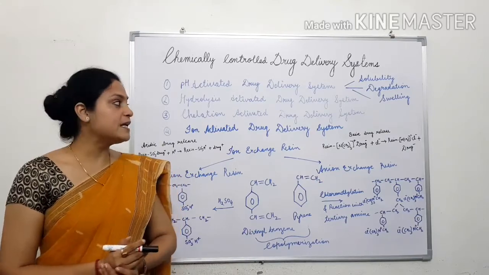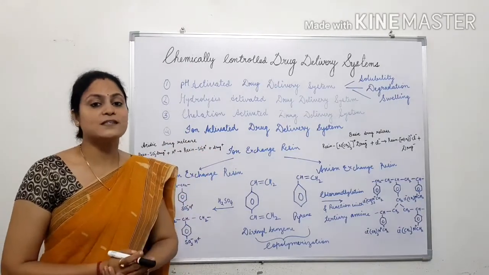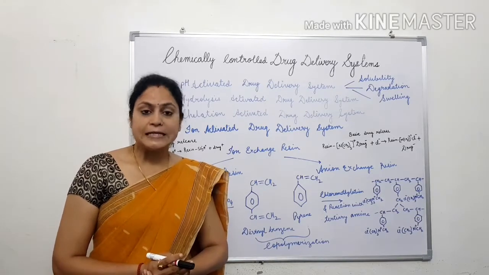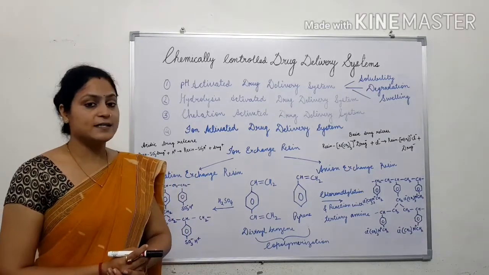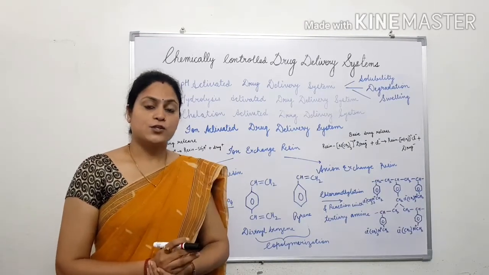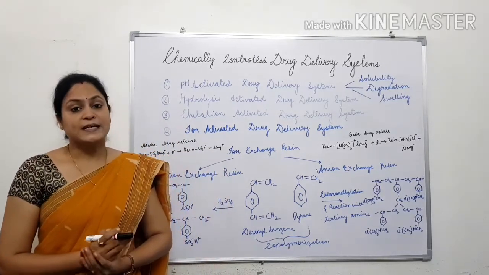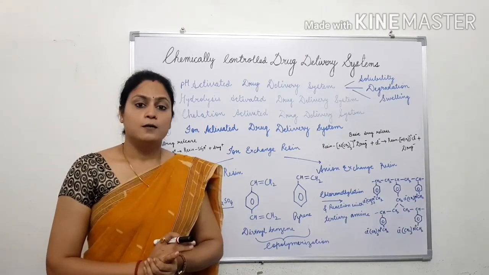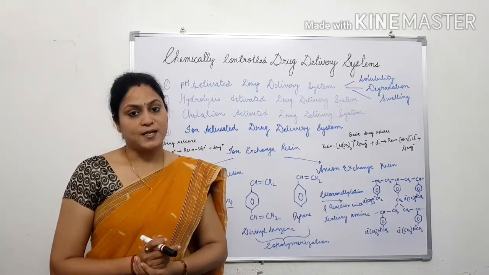This type of pH dependent solubility or solubility activated approach is used in carbohydrates, which is very irritating to the gastric mucosa. Another approach is polymer degradation activated approach, which again utilizes certain polymers which degrade at a certain specific pH. The polymers that are eroded at a certain specific pH.